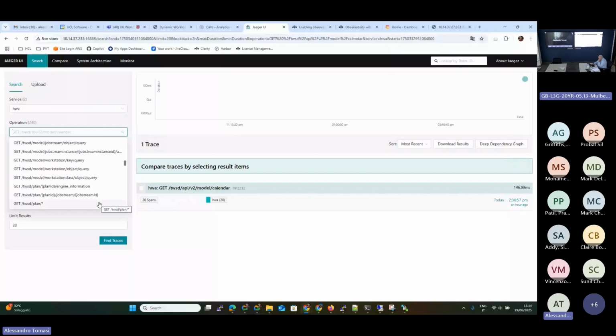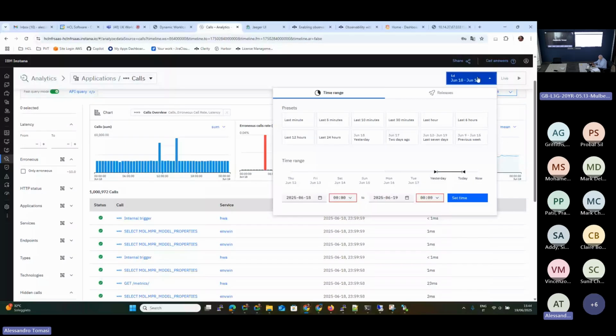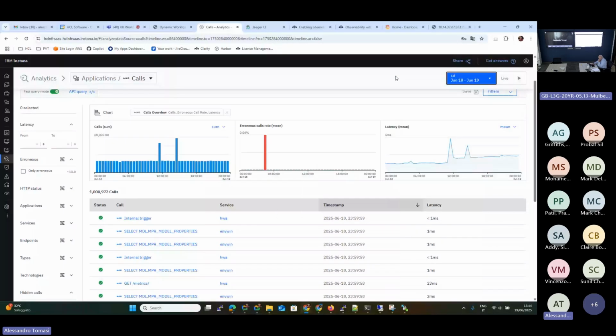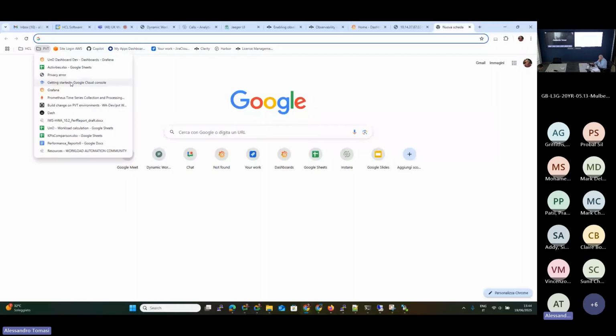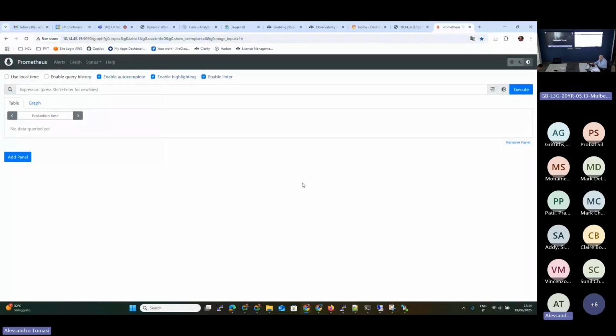So in this way, you can monitor the status of your environment daily. You can choose the time to analyze, for example, 1 day, 5 minutes, 6 hours. It's very helpful to collect and understand what's wrong. For me, the very important thing is about, sorry, I forgot to open the Prometheus, because on Prometheus,